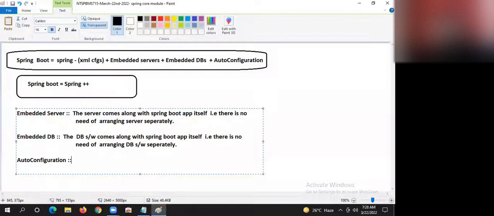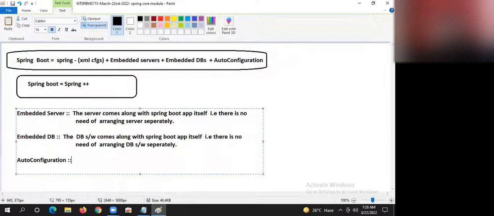Spring Boot applications come with built-in Tomcat servers, guys. If you want, you can use other servers, but by default it comes with the built-in Tomcat server. If you want, you can use other databases also.